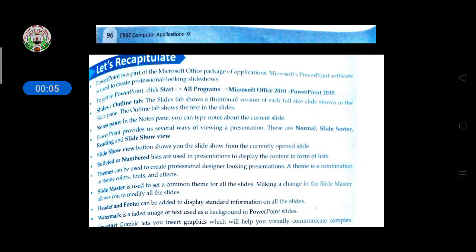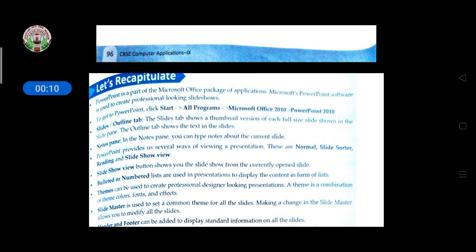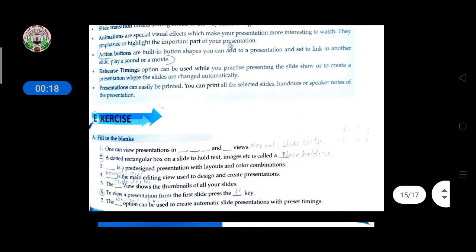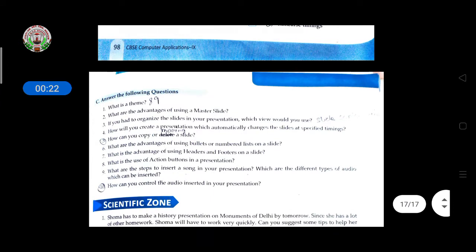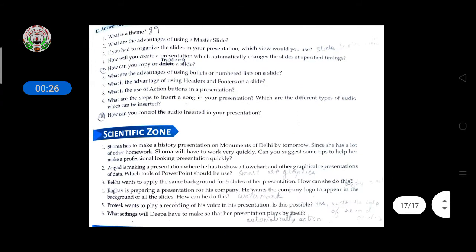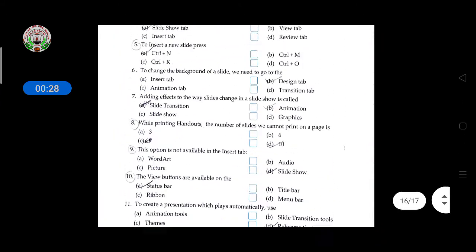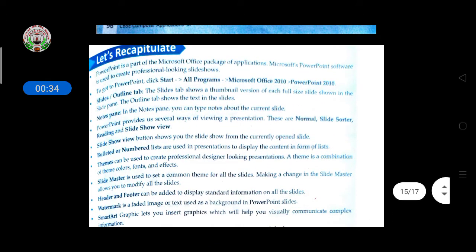So students, this chapter is completed, and today we discuss the exercise of this chapter. It takes only 4 or 5 minutes to discuss, and then the question answers. I had sent the question answers earlier also. So write all the question answers, and this hot question also you have to write in your practical notebook. Chapter-wise, you have to complete the hot questions or scientific questions.